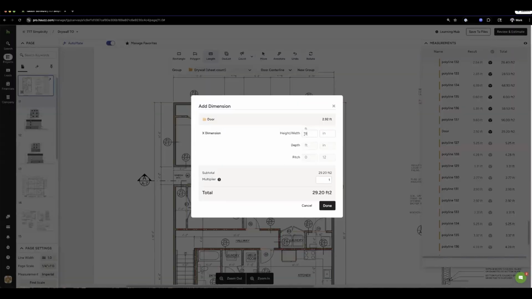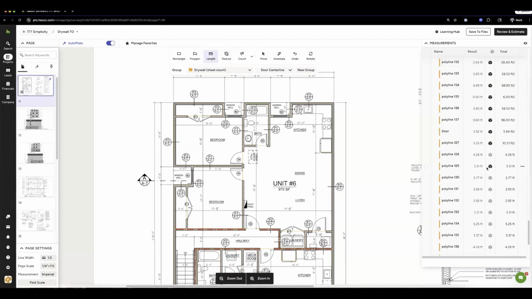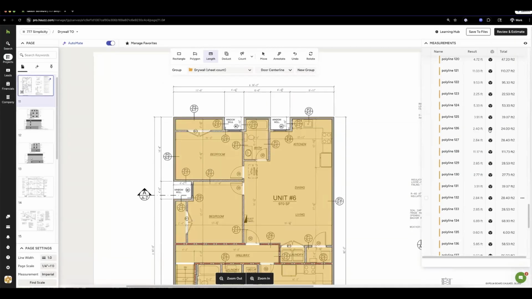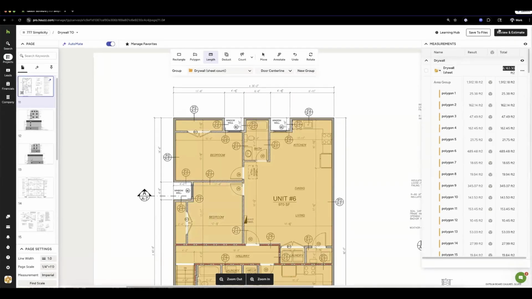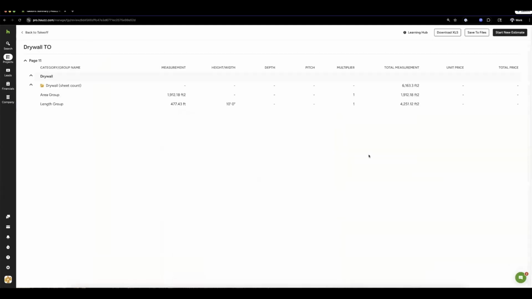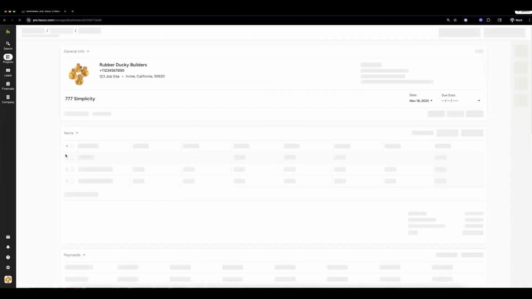So I'll simply go in here and then add the difference of 2 feet to account for that top of those doors. But I'm basically done with my takeoff here. You can go in, click each line item, finish that off. But if I scroll all the way to the top, I got a total of 6,000 square feet. So we're going to go and take that, review and estimate, get you a total for everything, and then start